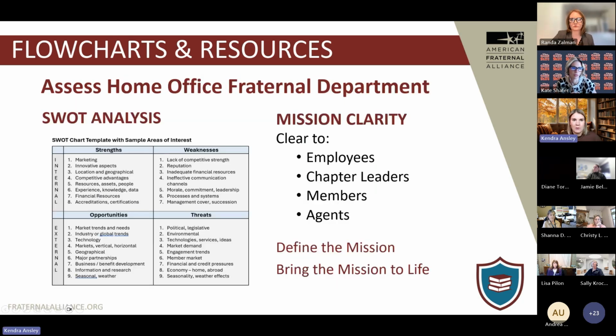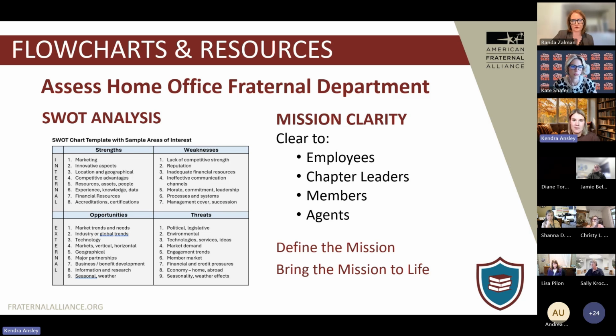So in your toolkit, you have two items that we talked about. The SWOT analysis was actually created for us by Randa. And so this is an opportunity to say, what are our strengths? Where are things where we're already really succeeding? What are our weaknesses? And I think probably that area might be the easiest to fill in. I know that's something that I tend to do first, but really honing in on what are your opportunities then, and then what are threats to your system? What sorts of things could happen that could change the course that you need to take?